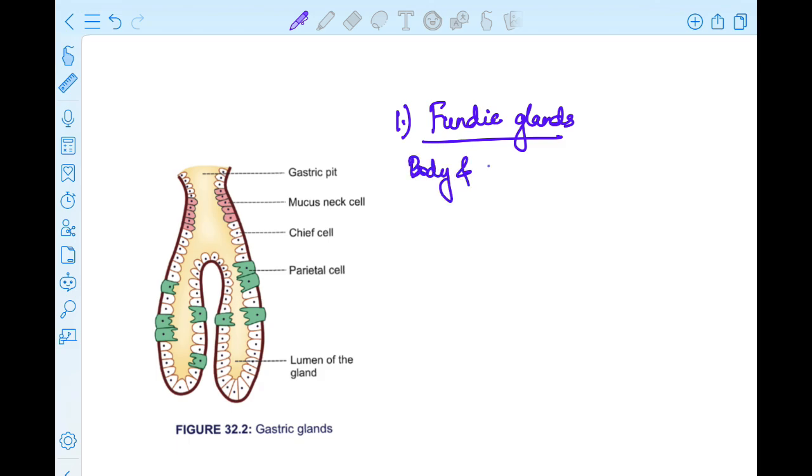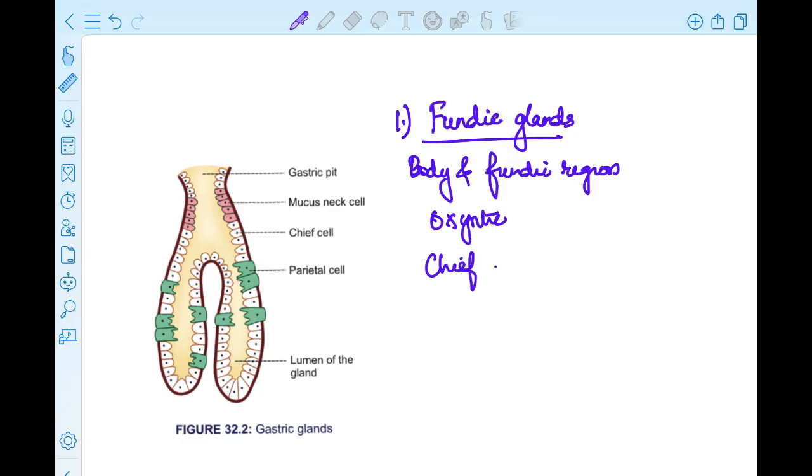From the name itself, that is self-explanatory. They are also called the main gastric or the oxyntic glands. Fundic glands are also known as the oxyntic glands, and the key cells present here are the